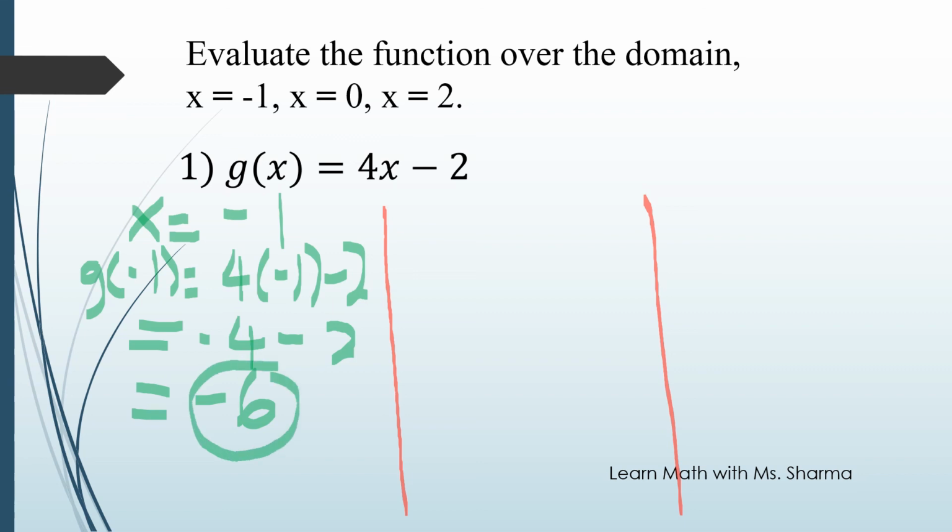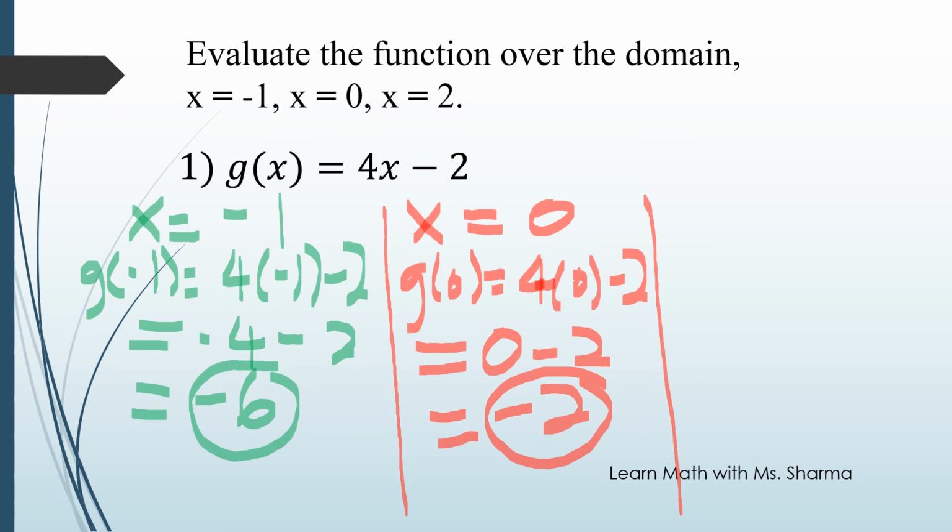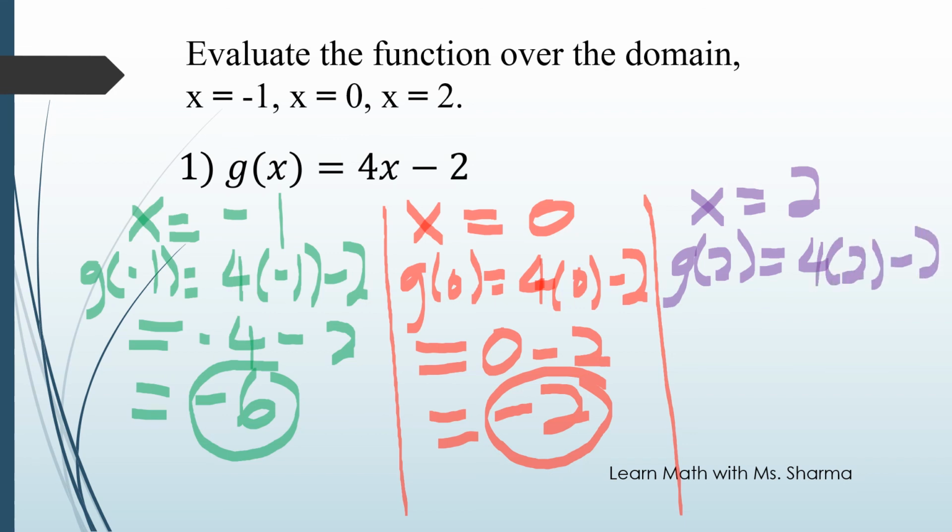Negative 6. And you want to find when x is 0. When x is 0, what is g of 0? 4 times 0 minus 2. 4 times 0 is 0, minus 2 is negative 2. And you want to find when x equals 2. When x equals 2, what is g of 2? Which is 4 times 2 minus 2. 4 times 2